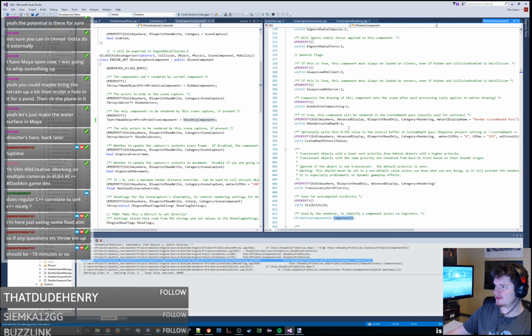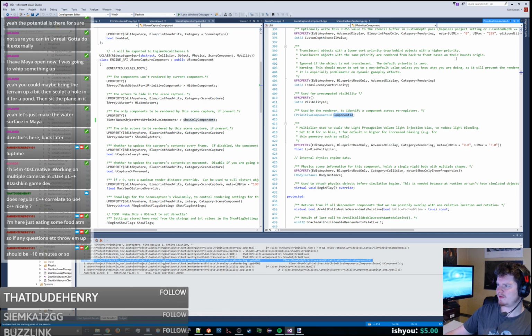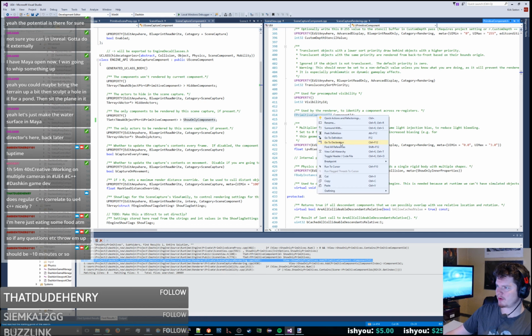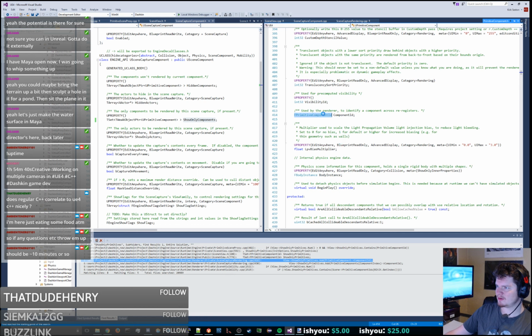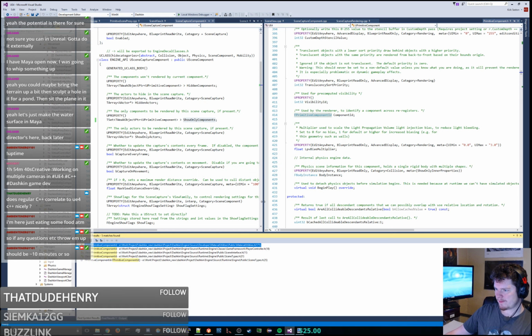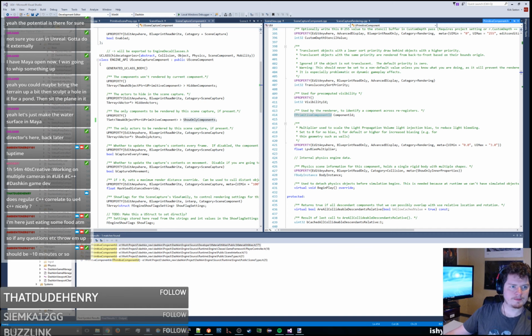Yeah, so it's inside a primitive component. So only primitive components have a primitive component ID, and a primitive component ID is just a primitive ID value. This is a class used to identify a UPrimitiveComponent on the rendering thread without having to pass the pointer around,